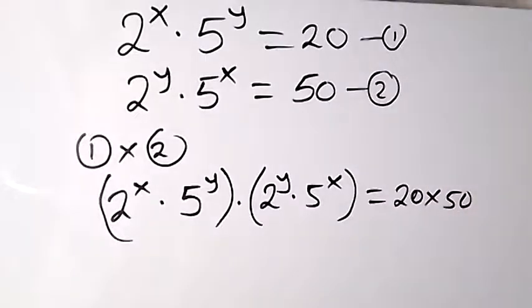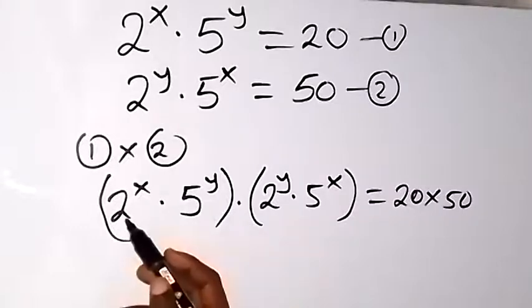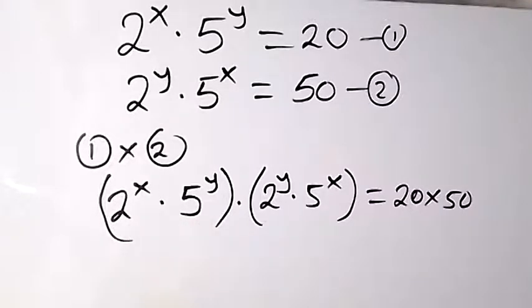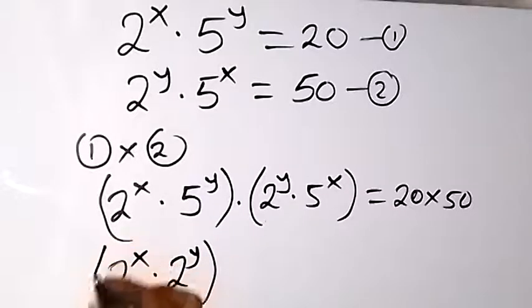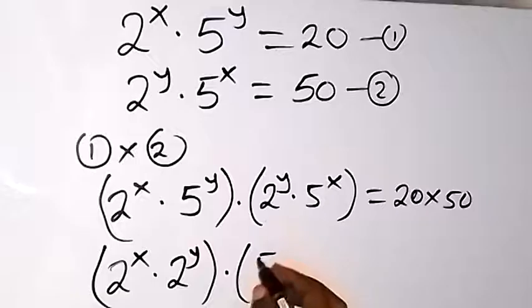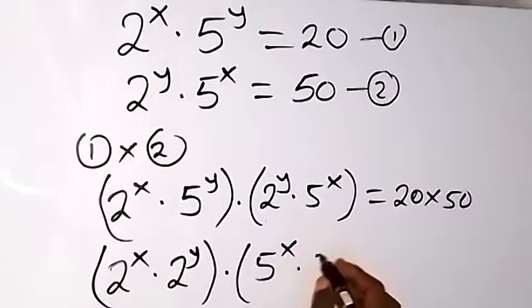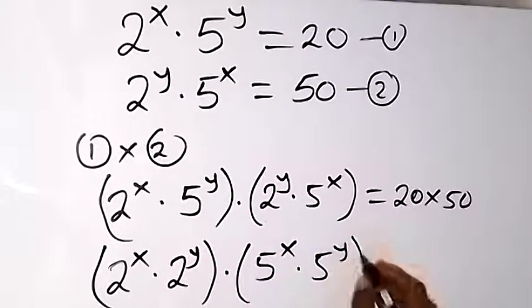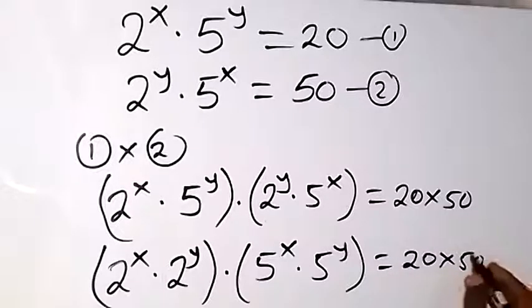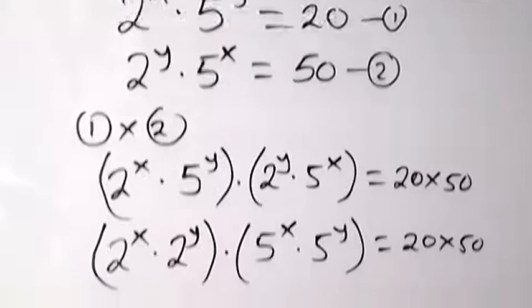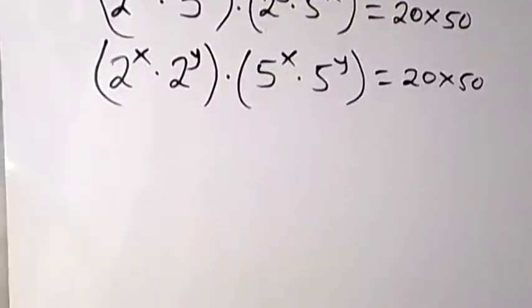And from here, since they multiply, we can group the same base together. And we have 2 raised to power x multiplied by 2 raised to power y, then multiplied by 5 raised to power x multiplied by 5 raised to power y, which equals 20 multiplied by 50. And further, we apply the law of